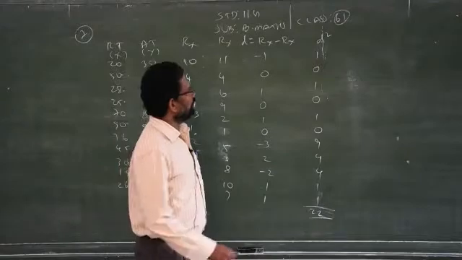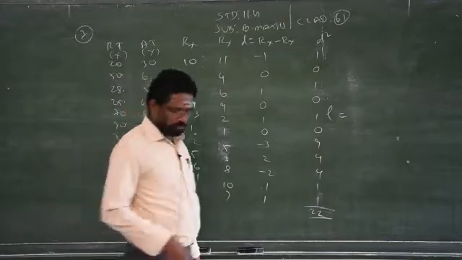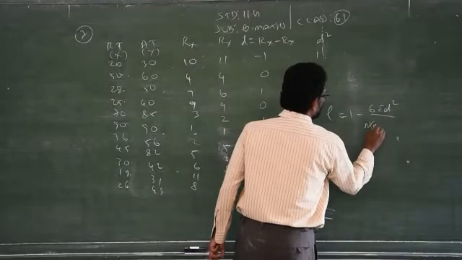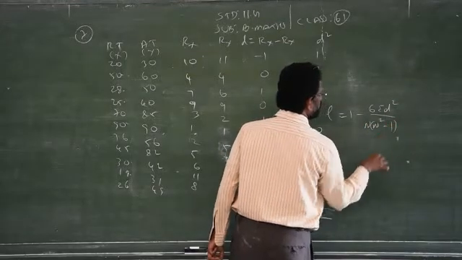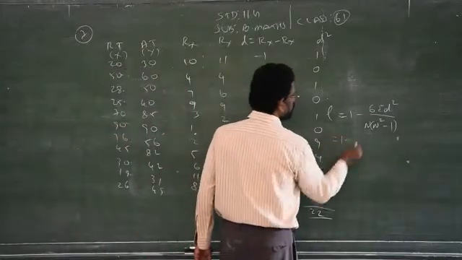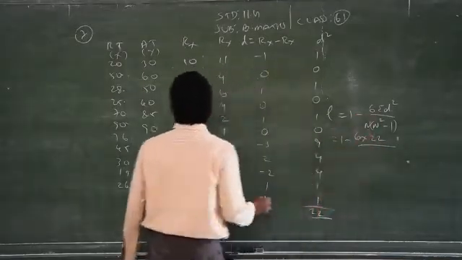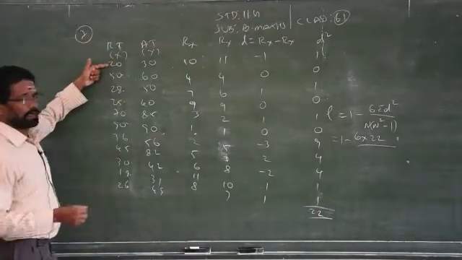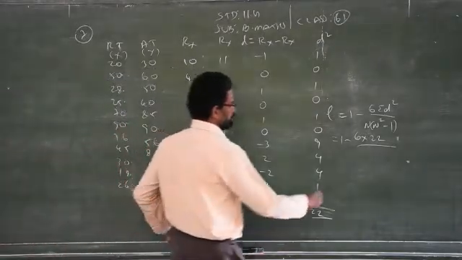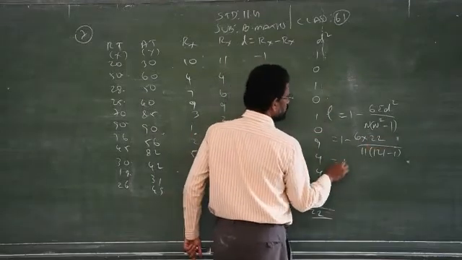Find the total. So rho, there is a formula to find the rank correlation, that is rho is equal to 1 minus 6 summation d square by capital N into n square minus 1. So this is the formula to find rank correlation. So this is 1 minus 6 into 22, because summation d square we found already. What is n? N is how many numbers are there, how many are participating? 1, 2, 3, 4, 5, 6, 7, 8, 9, 10, 11. So 11 participants. So 11 into 121 minus 1. 11 square is 121. Just you have to simplify.